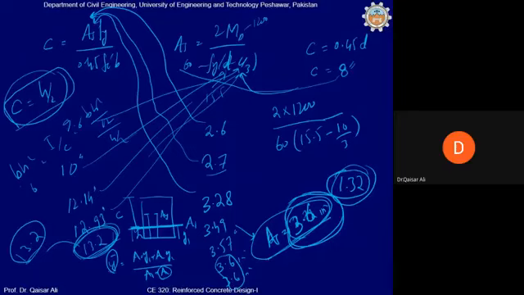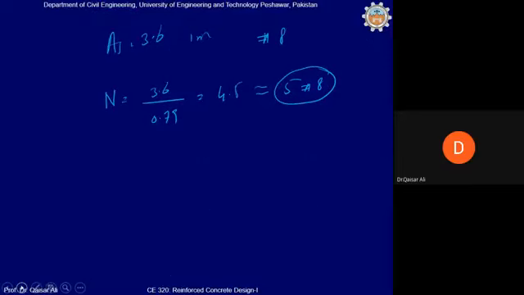Right. Now you have calculated the reinforcement for the given demand corresponding to stage 2, and it is coming to 5 number 8 bars. Now these 5 number 8 bars, you can provide in a single layer. It is not to scale, but have a look at it. If we provide 5 number 8 bars in a single layer,